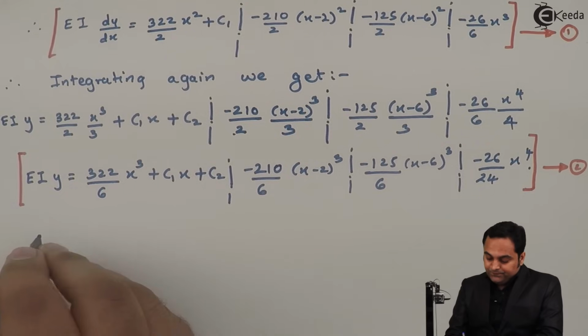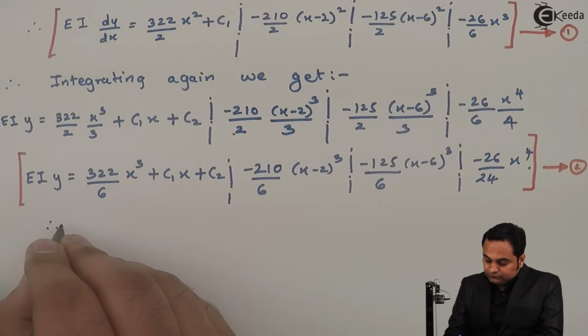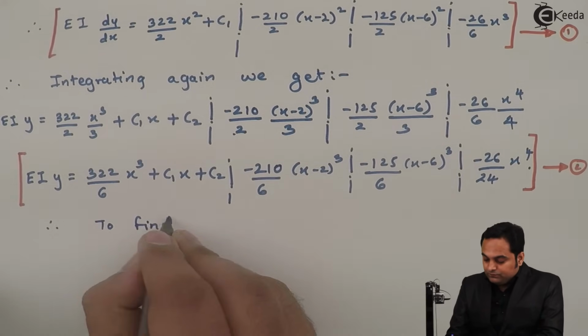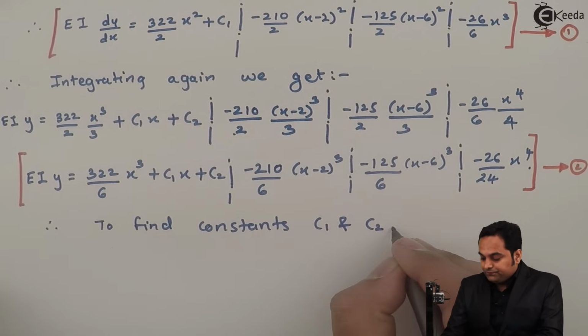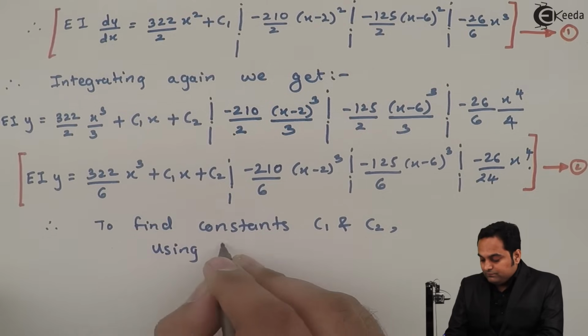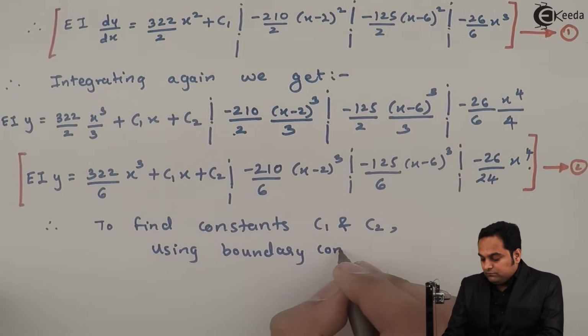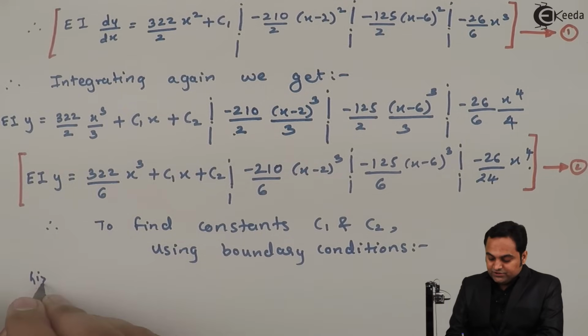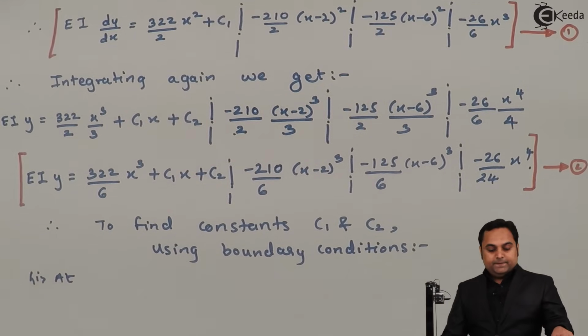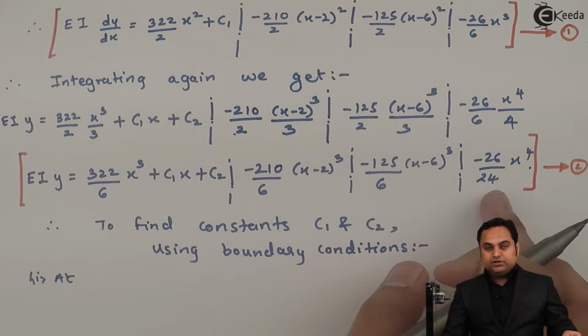So, therefore, to find constants c1 and c2 using boundary conditions, the first boundary condition,